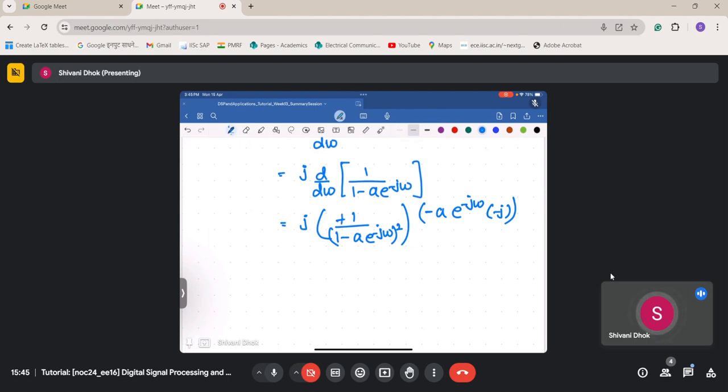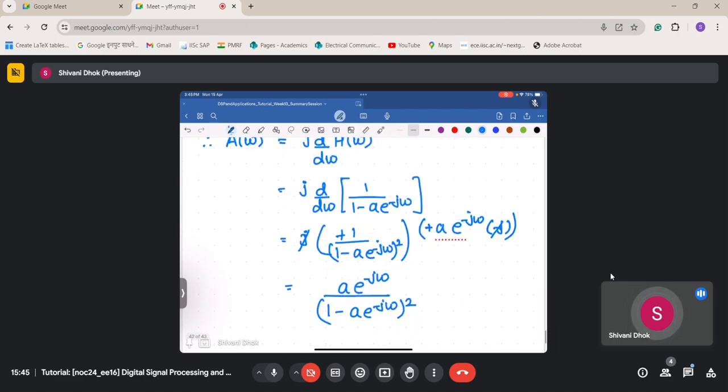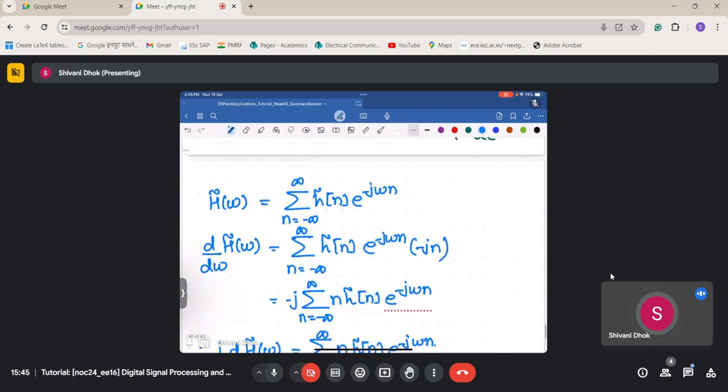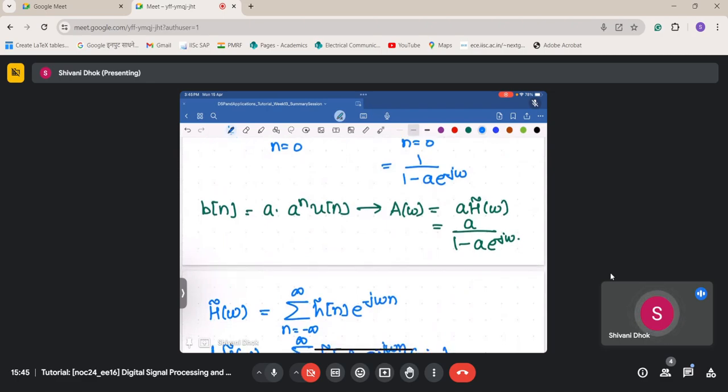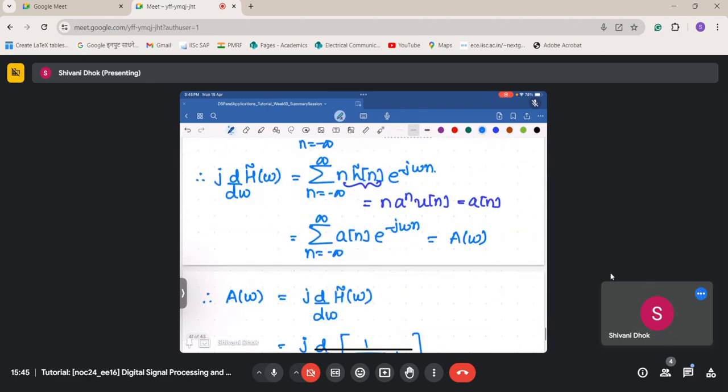So this gets plus here. Then we have this minus j into j. This becomes 1. So what we are left with is a into e power minus j omega upon (1 minus a into e power minus j omega) square. And now we can substitute this quantity in our expression. So therefore